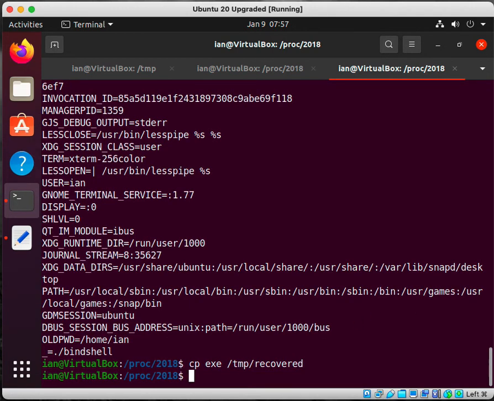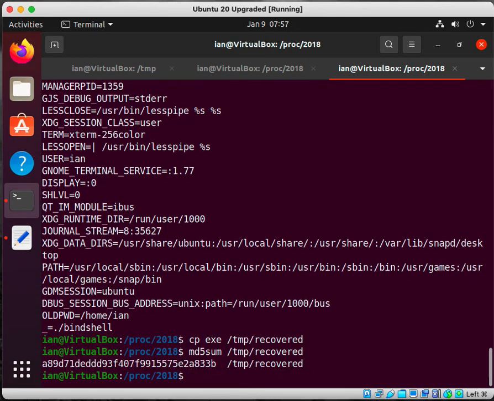Okay. And I'm going to get a hash of that file using md5sum slash temp slash recovered. All right. Take a note of that. Again, this is what we erased earlier. So we got our hash here,